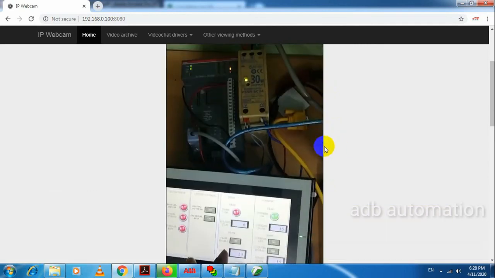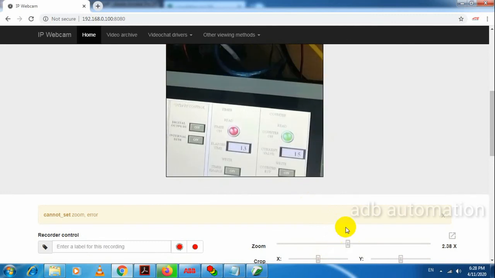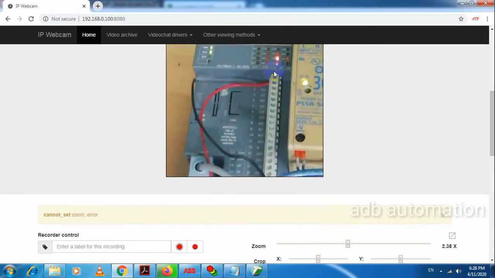Now we will enable the timer. So timer is running. Okay, we'll get the output here.